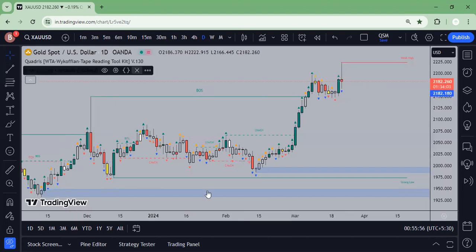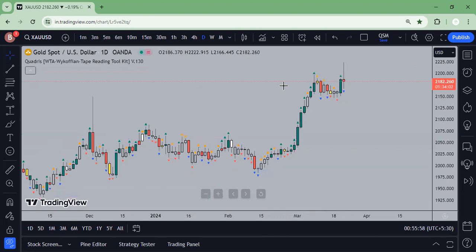Now I'll get to the ICT concept. Normally I get confused between ITC and ICT. Okay, this is the ICT concept. This is the OB. This is MSS. Where is the fair value gap? One second, let me do some setting of it. Again, I'm using